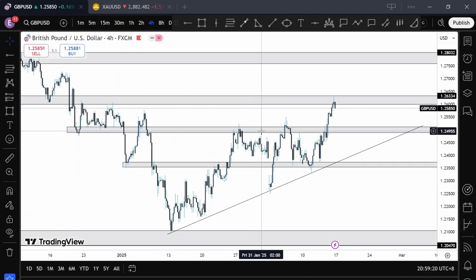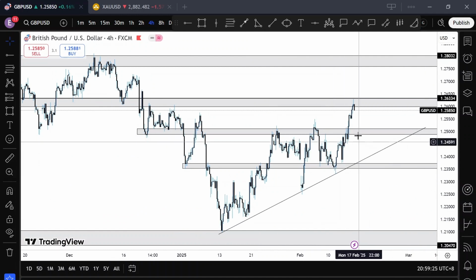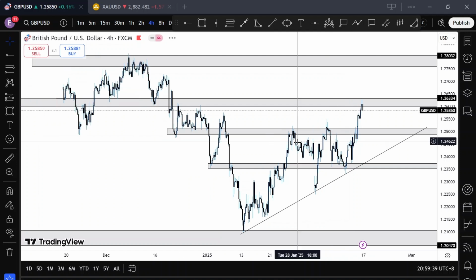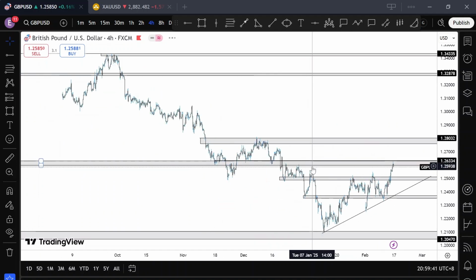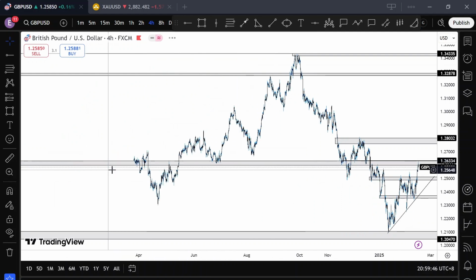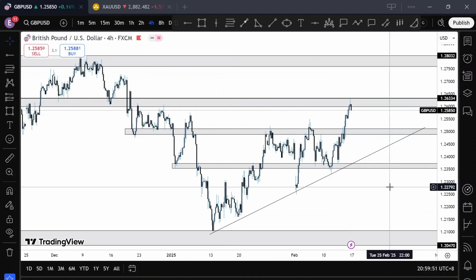Starting off with pound USD, last week we were anticipating a continuation of sales, but the bulls were stronger and we saw price break through this strong resistance region here of the 1.25 psychological level. Now price is currently at, it actually tested the 1.26 region. So I feel like maybe we might be continuing for buys for now, or this might be price retesting a very critical level of 1.26 and continuing to the downside. Regardless, this is what I'm anticipating for this week.